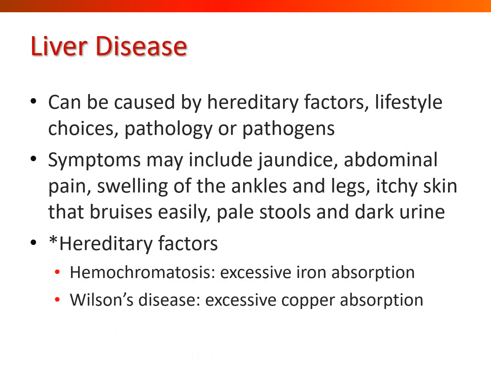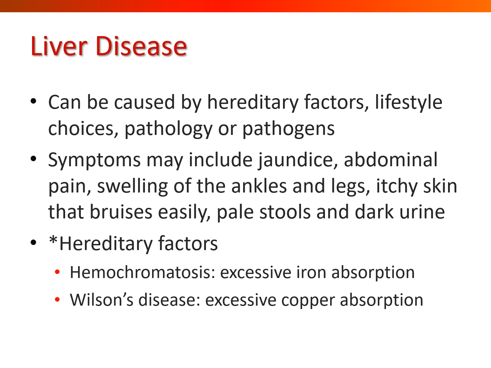There's a number of ways that we can get to liver disease. You might have hereditary factors that are not in your favor, but are in favor of liver disease. Lifestyle certainly plays a role in this. There may be some underlying pathology that is contributing to liver disease, or maybe even a pathogen. So when you have a liver disease, one of the things that you're likely to experience is jaundice. So keep in mind the liver is going to be taking that bilirubin out of circulation in order to put it into bile. But if the hepatocytes are damaged, then the bilirubin stays in circulation, and that's what creates the